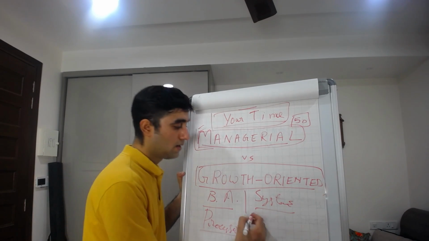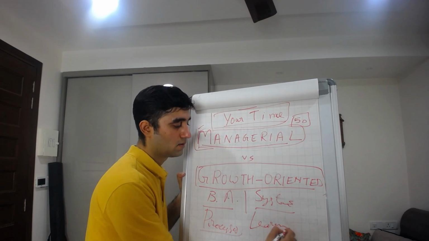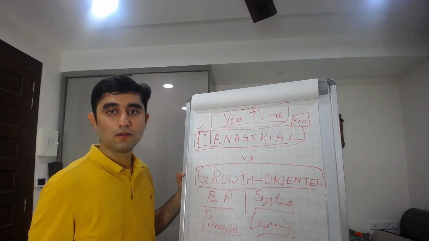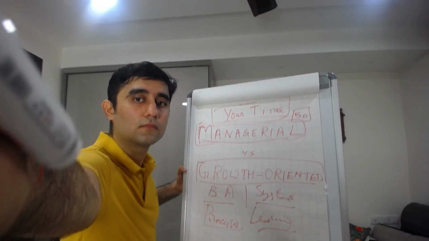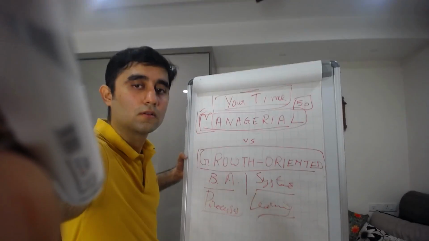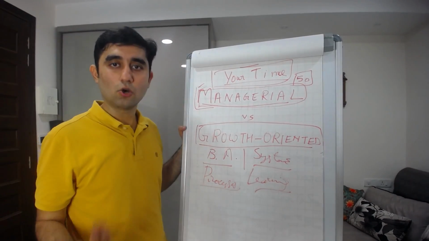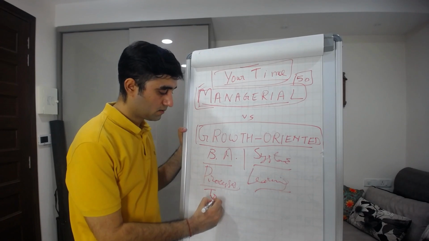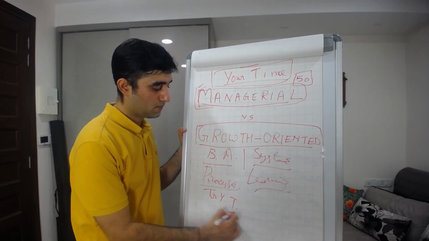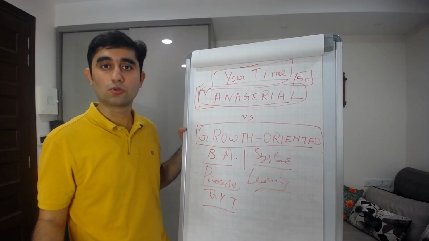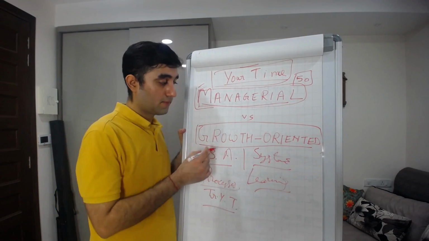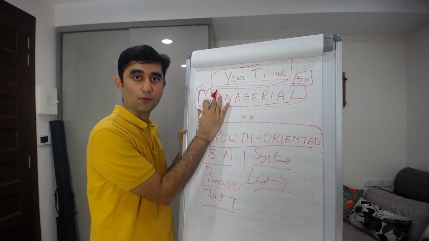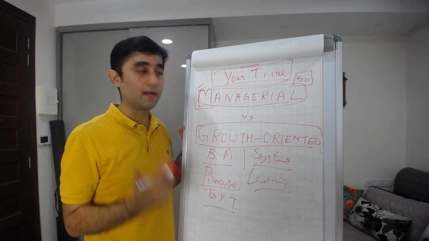It's a growth oriented task. Learning technology is a growth oriented task. After that, training your team. Train your team. Okay, that's a growth oriented task. Now, all these managerial tasks can actually be automated if you start